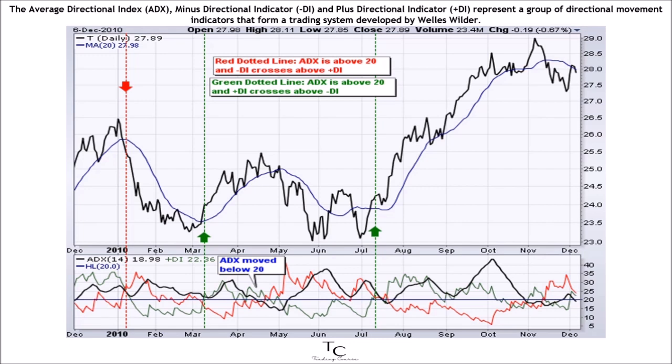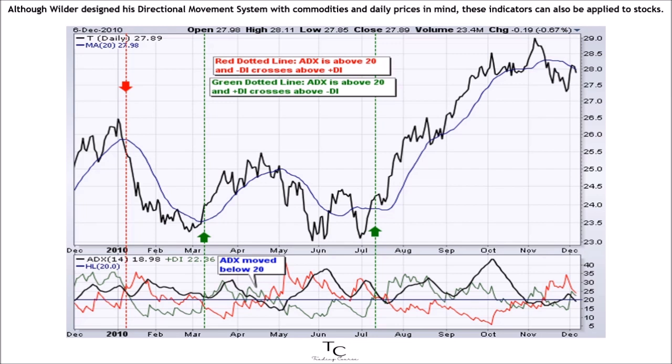The average directional index, ADX, minus directional indicator, minus DI, and plus directional indicator, plus DI, represent a group of directional movement indicators that form a trading system developed by Welles Wilder. Although Wilder designed his directional movement system with commodities and daily prices in mind, these indicators can also be applied